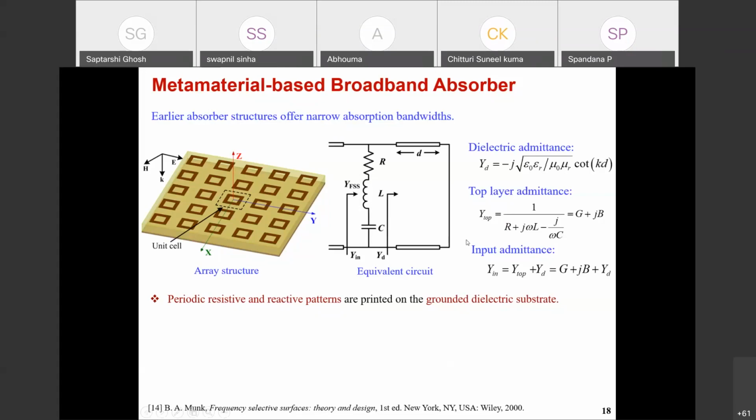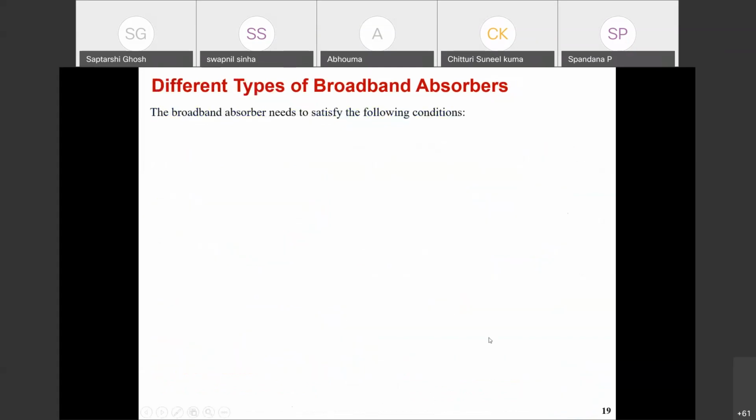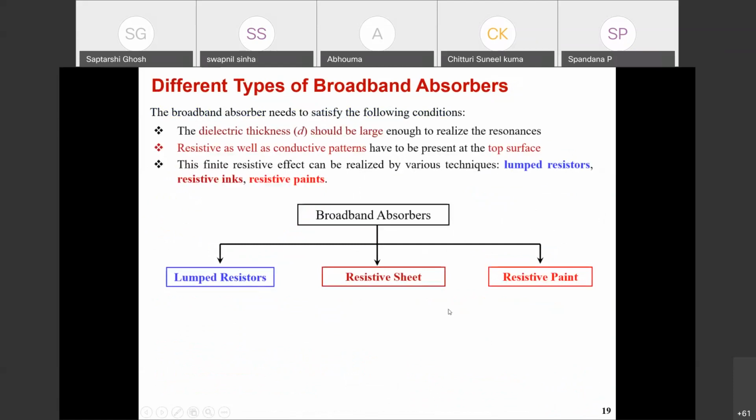top surface. How do we introduce this finite impedance matching or finite resistance effect at the top surface? For this, we need to use either a lumped resistor, a resistive sheet, or resistive paint. These mechanisms are mostly used to introduce a high amount of resistance in the top surface. The top surface already has some effect from inductance and capacitance. So this resistance and the reactance effect together give impedance matching at the top surface. In addition, high resistance is produced by this lumped resistor, resistive sheet or resistive paint, which gives